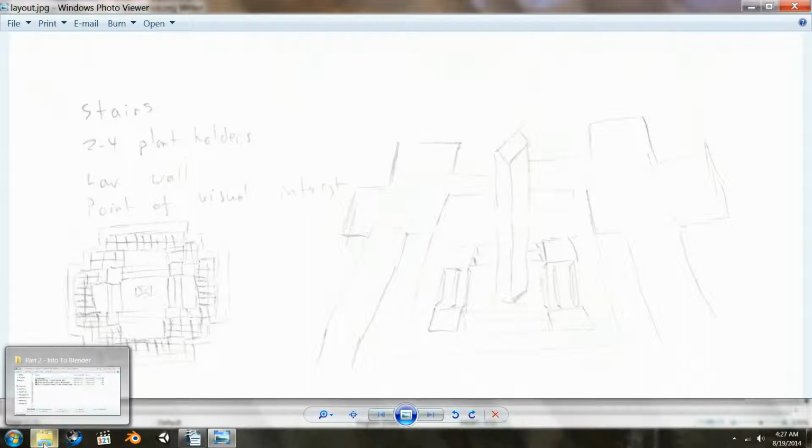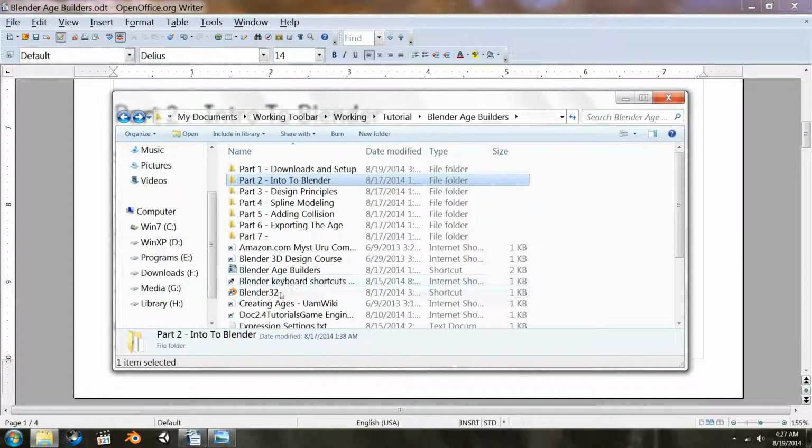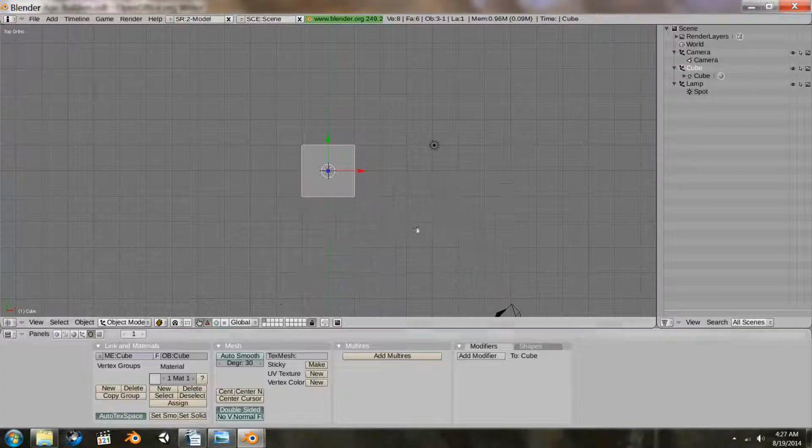So that's what we're going to build. First things first, we need to start getting our age roughed out. So, need to open up Blender. And we need to get our layout taken care of. Your layout will not look like this. Your layout will look